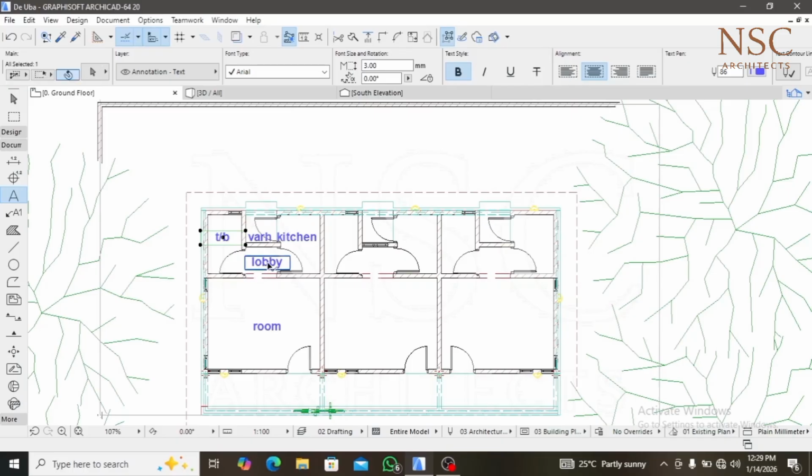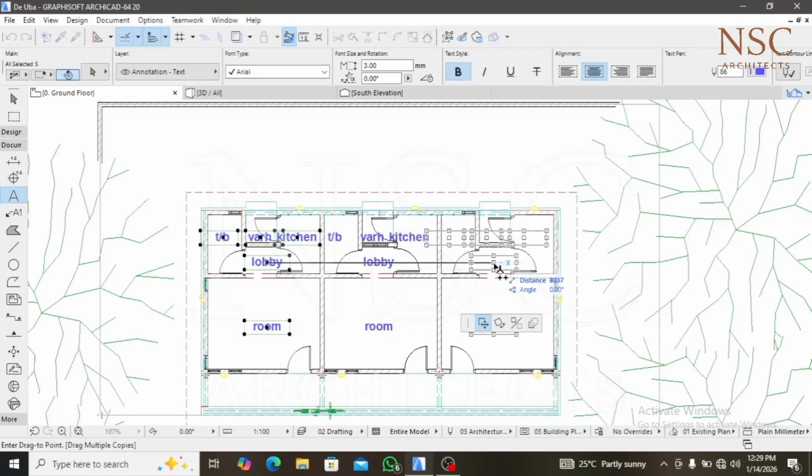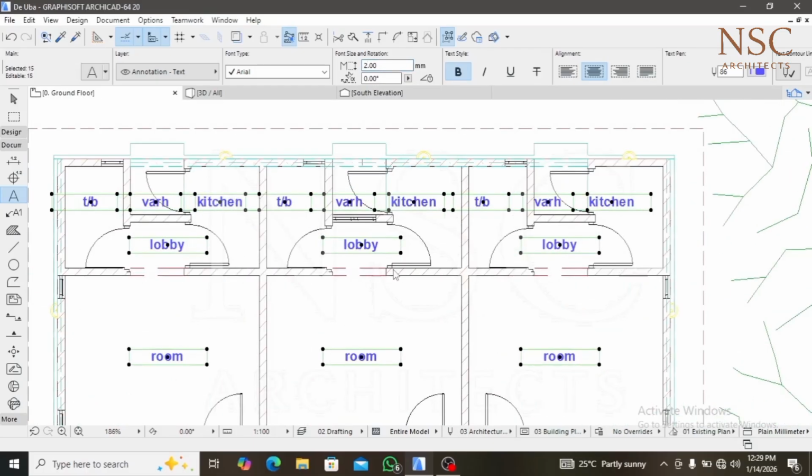Okay, the same thing goes with, okay, let's Control A, then the same thing here, and also the same thing here. So let's reduce the size to, yeah. Okay, now